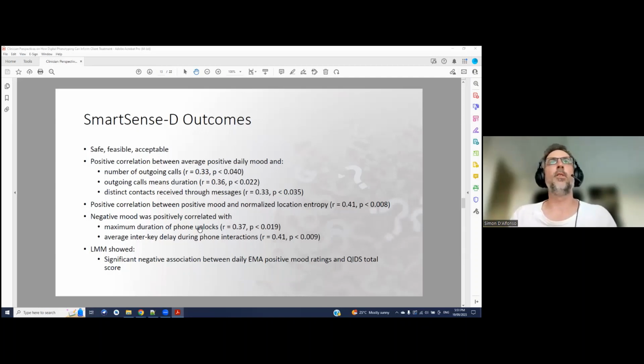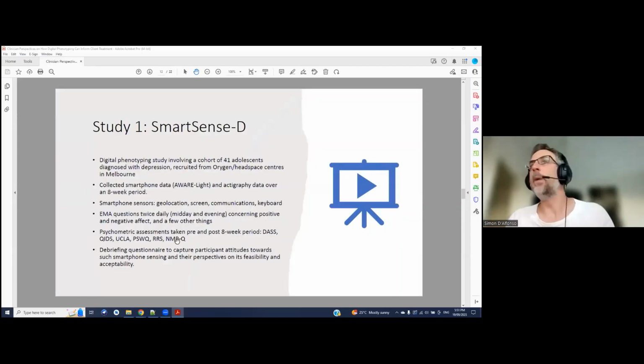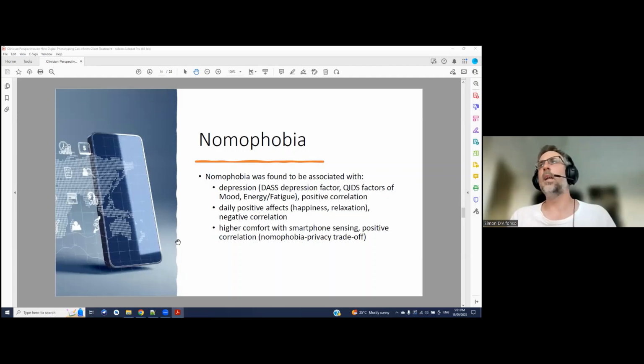And I'll just move on to the next part, which is the nomophobia research or exploration of this study. As I said, we did take the NMPQ measure, and Tianyi Zhang, who's one of my PhD students also, has been working on the paper for this. It's like a spin-off paper of the SmartSense-D study, and found that nomophobia was found to be associated with depression,